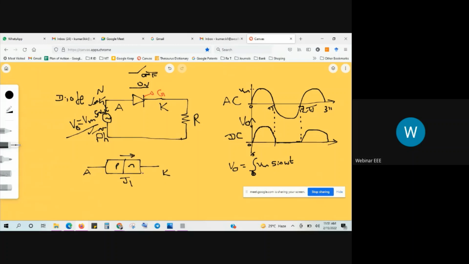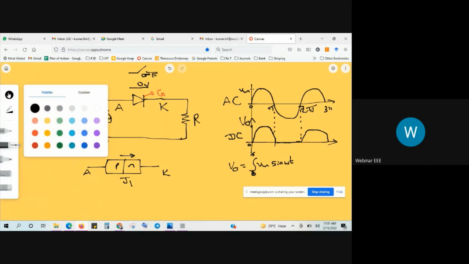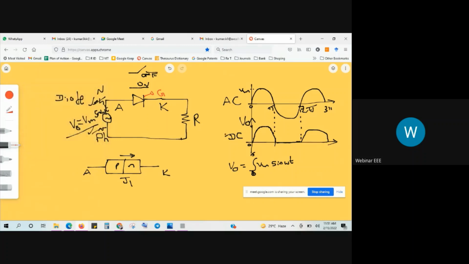So this becomes forward bias condition. We are getting output voltage same as the input voltage. But here, what is our aim? To get the control. So to get the control, I am adding one more terminal, that is the gate terminal. So this modification we can call as an SCR, silicon controlled rectifier. The same operation we get in the diode, we get here, but